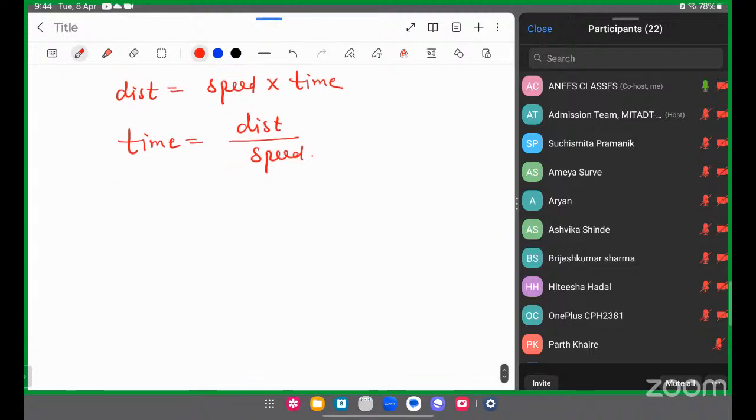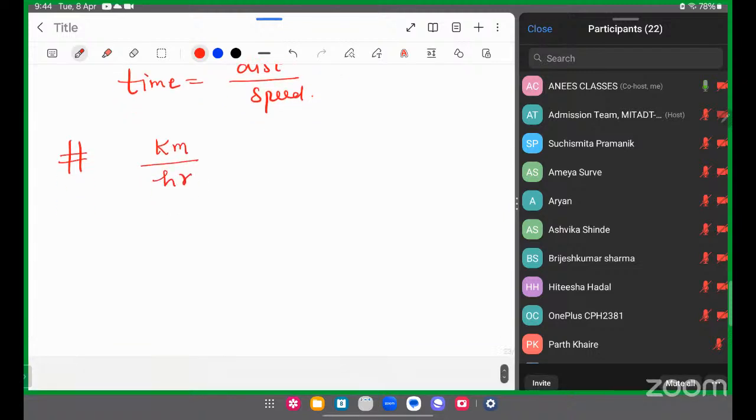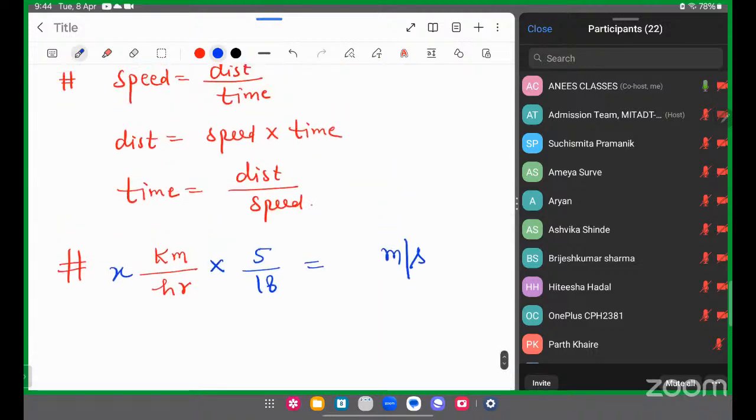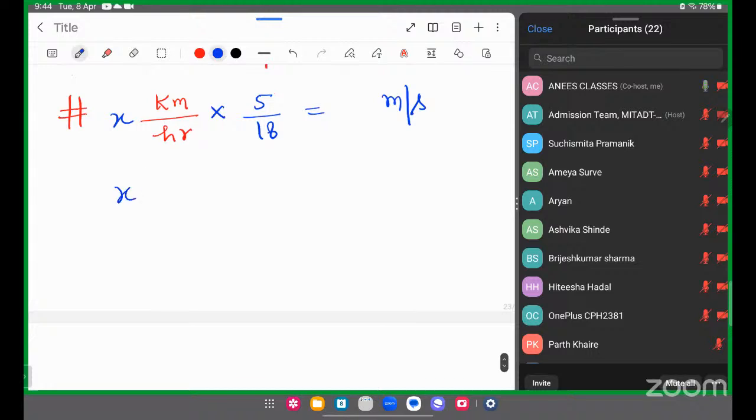Okay, so the next point is, if we are given speed in kilometer per hour and you have to convert it into meter per second, how will you convert it? Multiply by 5 by 18. Yes. So remember that if we are given x kilometer per hour, if you multiply it by the 5 by 18 factor, this will be in meter per second. And if it is x meter per second,